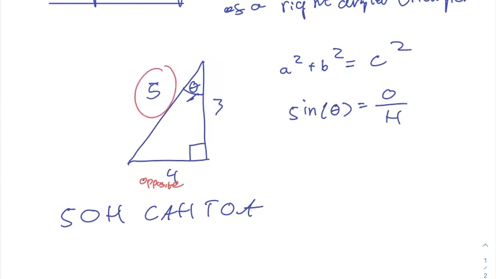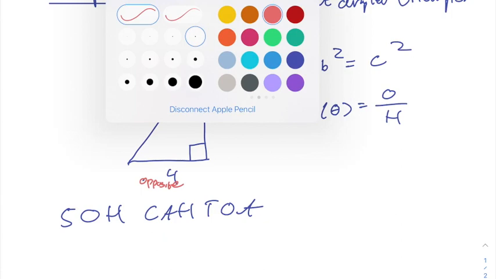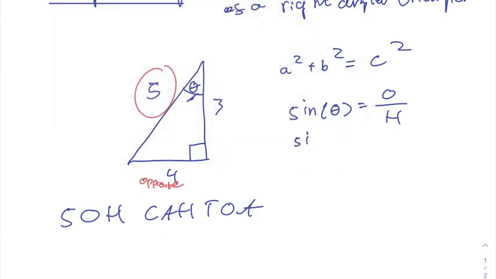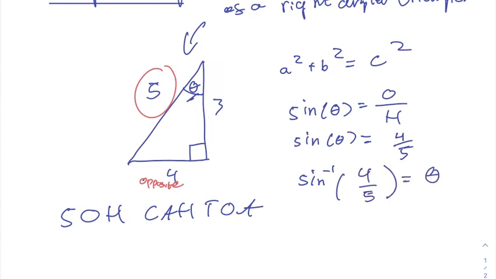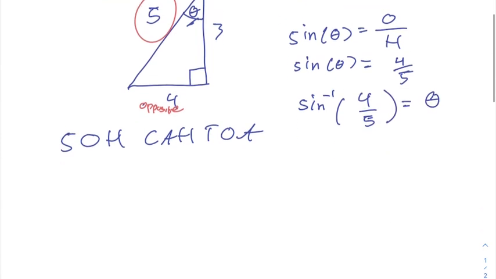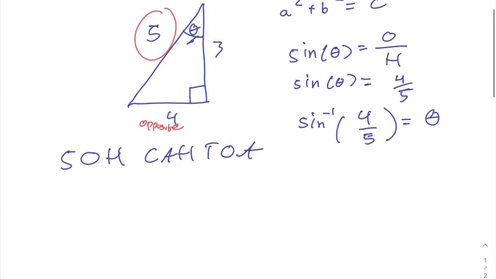So we know that the sine of theta in this case for this triangle would be 4/5. And from here we can work out with a calculator. So we just do this function on our calculator to find out what theta is, and this would give you theta. Moving on, let's say we want to find the